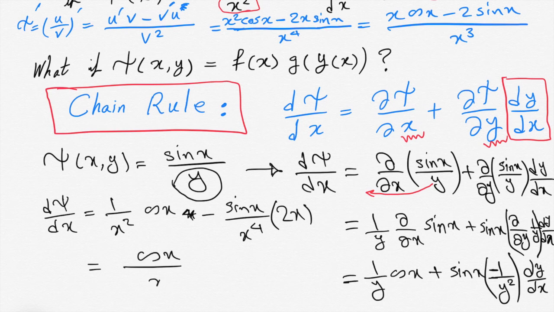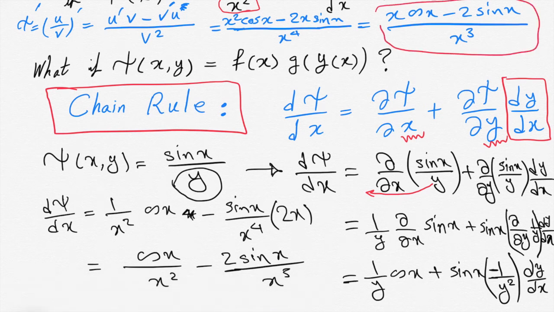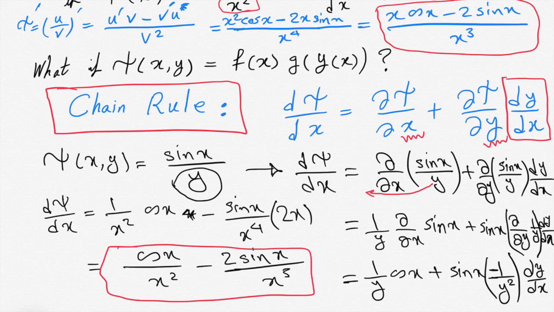So it's going to be something like cosine of x over x squared minus 2 sine of x over x cubed, which is exactly the form that we've seen over here, right? So that was just to show how this works, to get familiar with this chain rule,